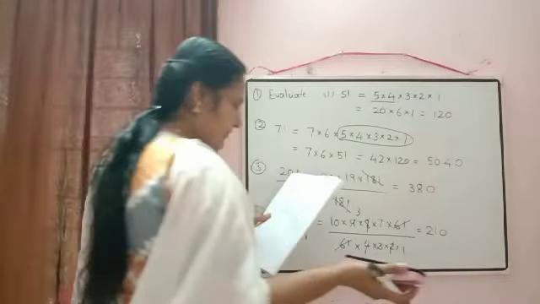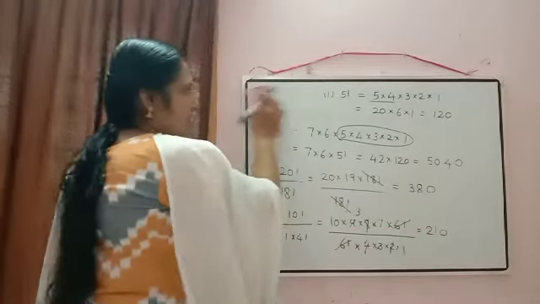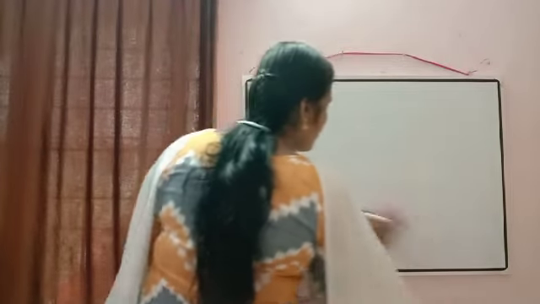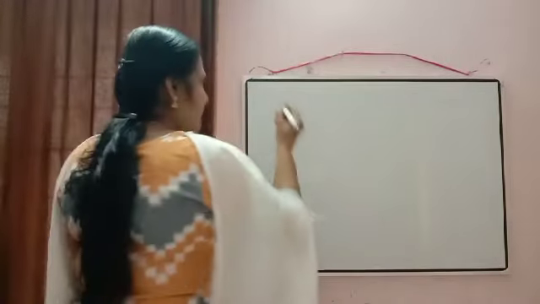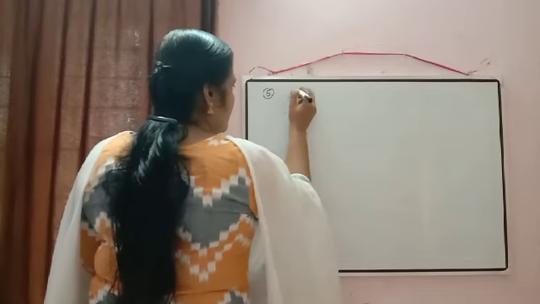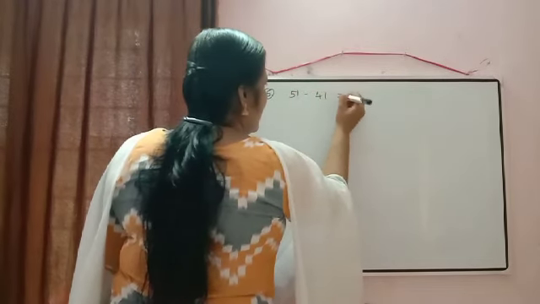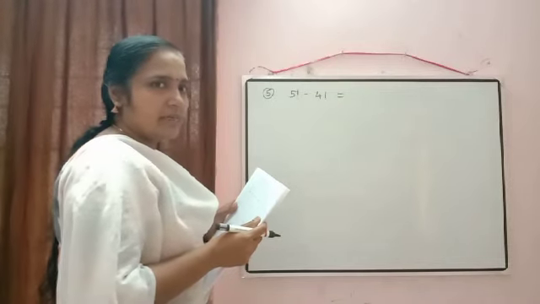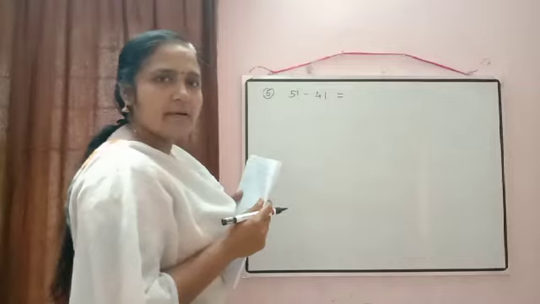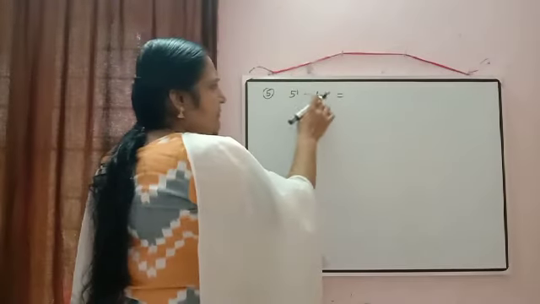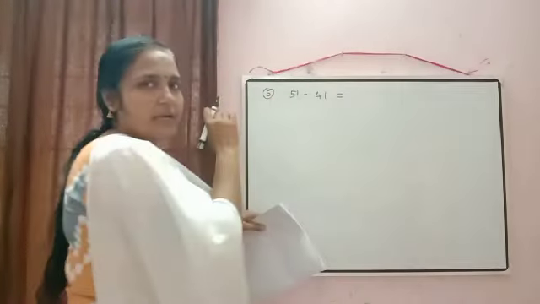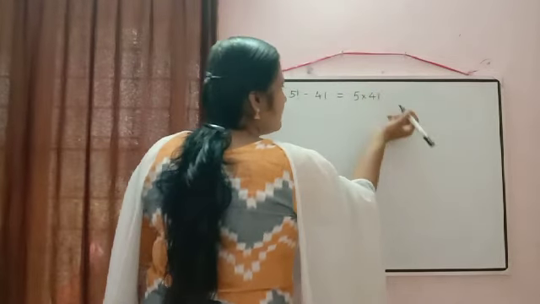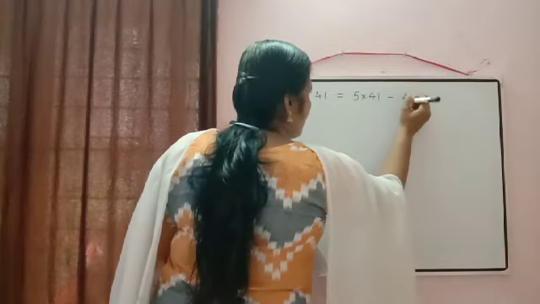Okay. Now write down the fifth question: evaluate 5 factorial minus 4 factorial. Here, first we can take the common factor outside, then our calculation will be easy. But at present no factor is common. So just check which one is greater. 5 factorial is greater. So how can we rewrite 5 factorial? 5 into 4 factorial minus 4 factorial.